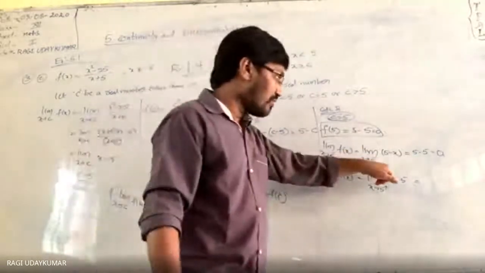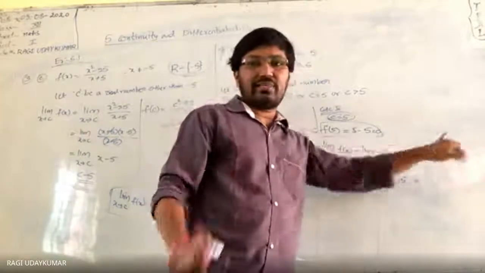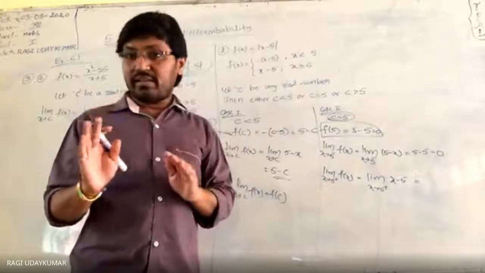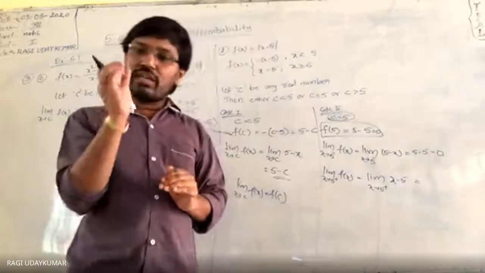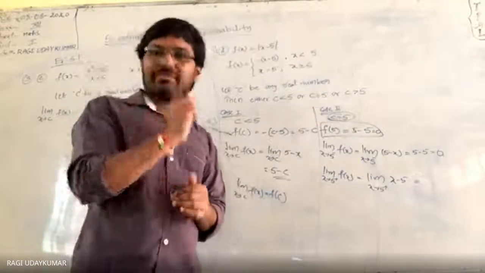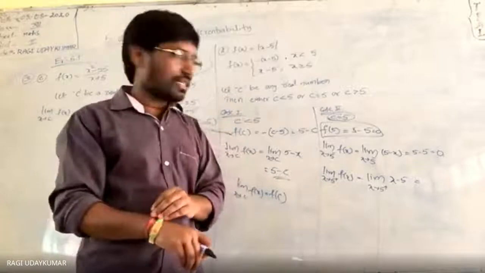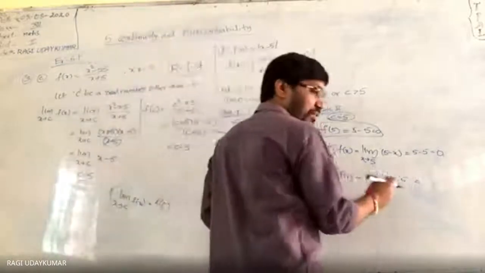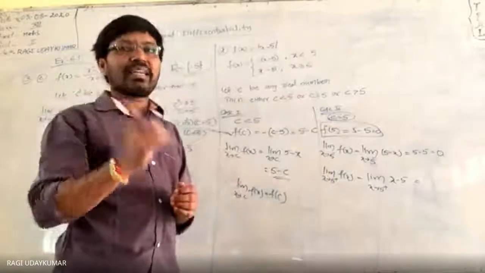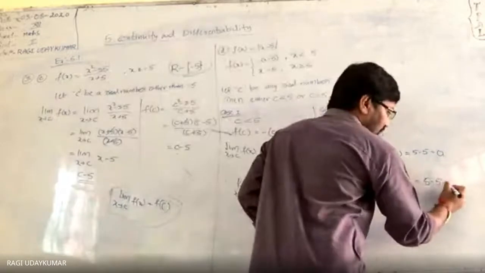In most questions, for 5 minus they write -5 here, and this mistake happens. But that is wrong. 5 minus is nothing but not -5. The value is 5 only, but a little bit to the left side of 5. A little bit to the left side of 5 is called 5 minus, the left hand limit. So 5 plus is nothing but 5 only, the value is 5, but a little bit to the right side of 5. So the value is 5 only. Here 5 minus 5 is equal to 0.